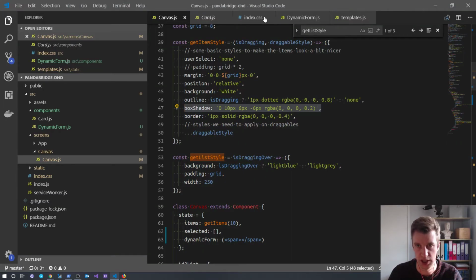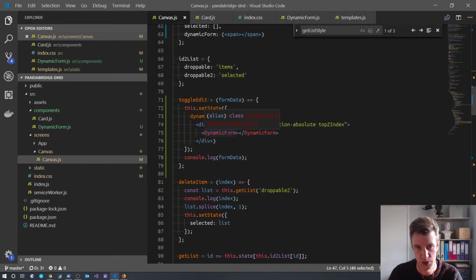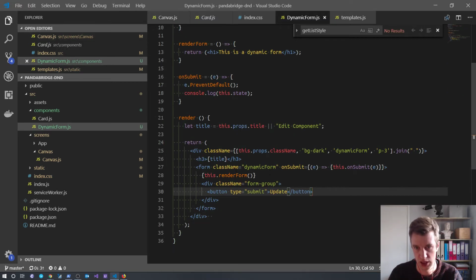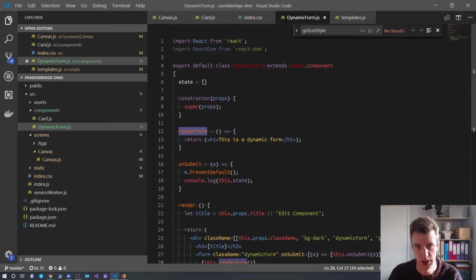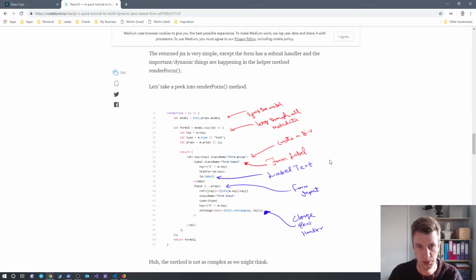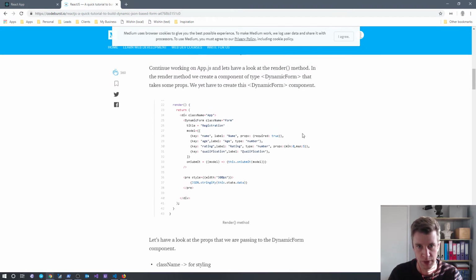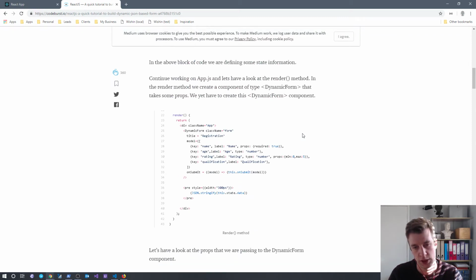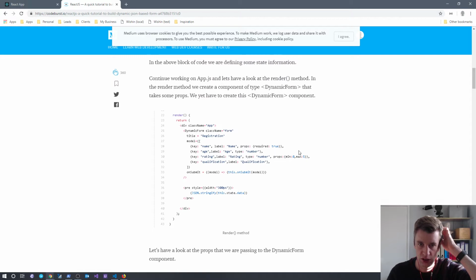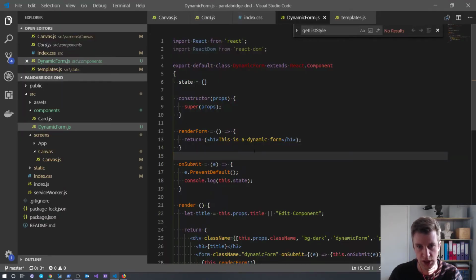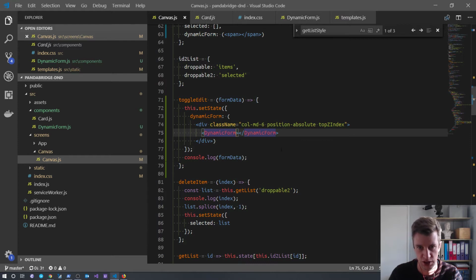So, okay, cool. So let's now create the actual form. So in the canvas, we should be passing the form data to it. What are we looking up for in here? So render form. How do we do that? I can't remember now. This props model. So we want to pass it in as a model, do we? Oh, this is interesting. Oh, here we go. Yeah, model, and then we pass in the model, which is an array. So canvas model equals curly brackets